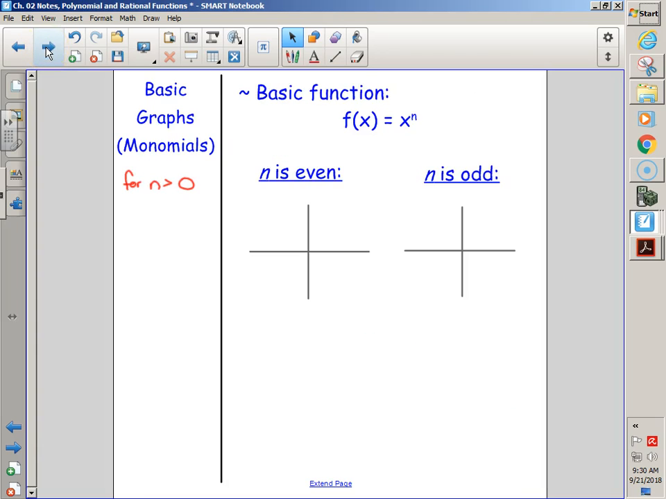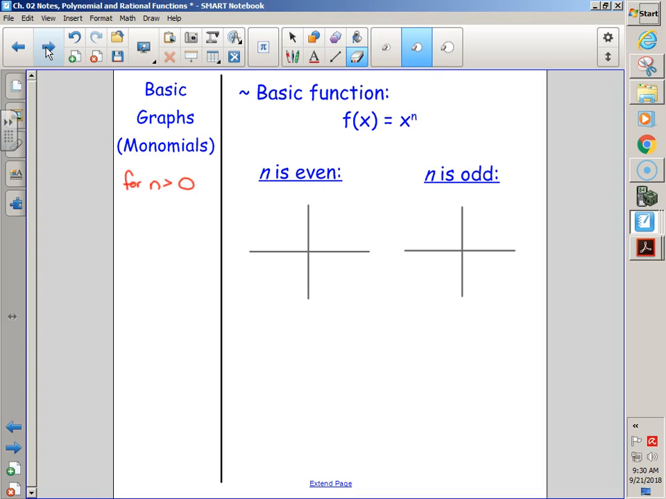So let's talk first of all about basic graphs of monomials. What if there's only one term and x is being raised to some power? Only one term, no weird adding, subtracting that's changing it up. In general, for monomials, where x is being raised to different powers, in general, if the power is even and n is greater than 0,